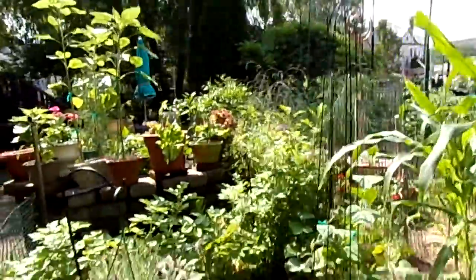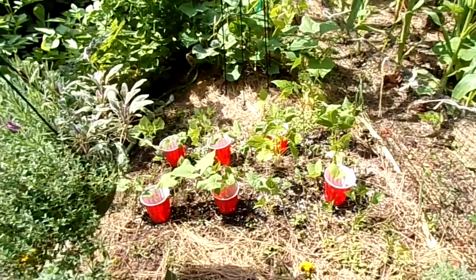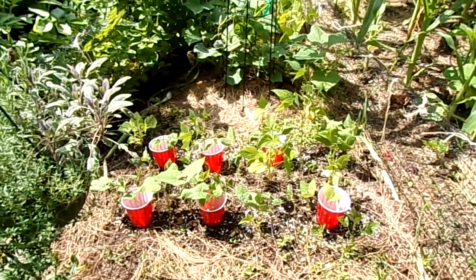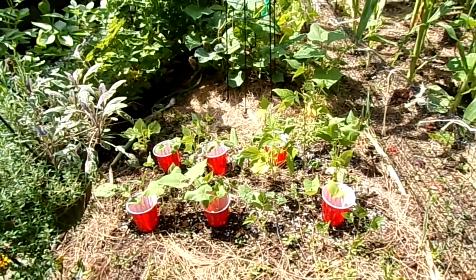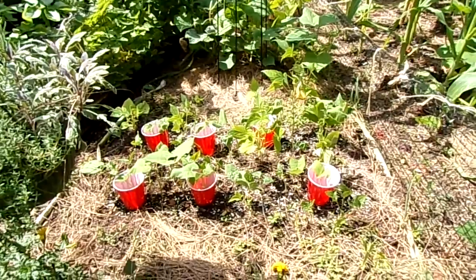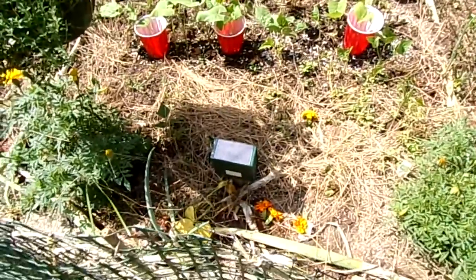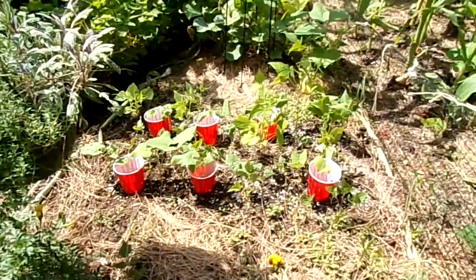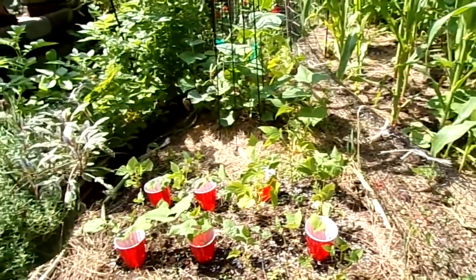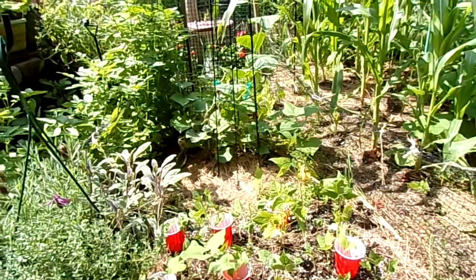I finally seem to have found a solution for the rabbit infestation. I've got some beans planted in the ground that are actually surviving finally. So what I ended up purchasing, besides the LED solar high frequency strobe light device, which you see right there, and onions and human hair and fencing, I picked up something from the hardware store called Liquid Fence, which is